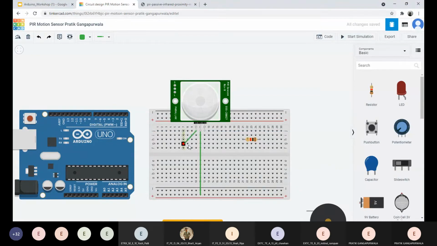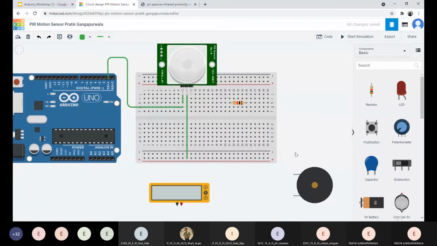This will be connected to one. Okay, so now we have a piezo buzzer here. So this piezo buzzer will be connected to the second pin.